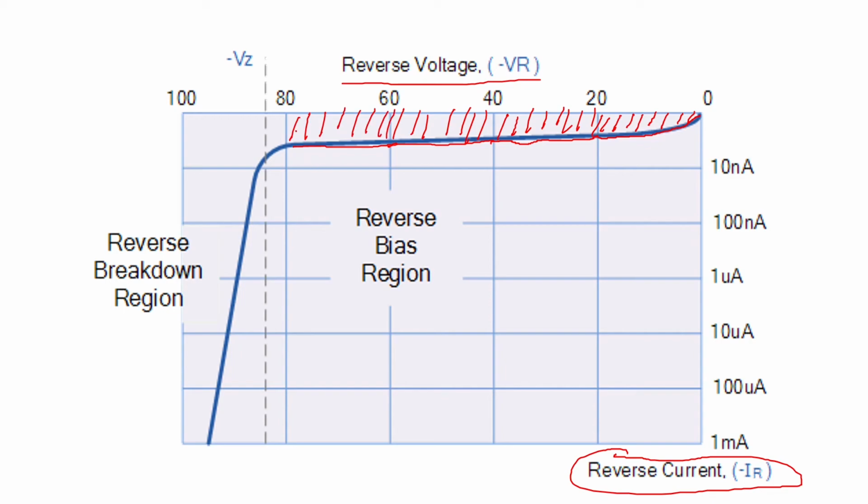But after the breakdown voltage is reached, minority charge carriers will attain the force and collide with the atoms, and they will make many covalent bonds break. There will be an avalanche effect. There will be a breakdown. There will be more minority charge carriers, and it will give rise to a drastic reverse current, which should be handled within certain limits. Otherwise, it can damage the diode.